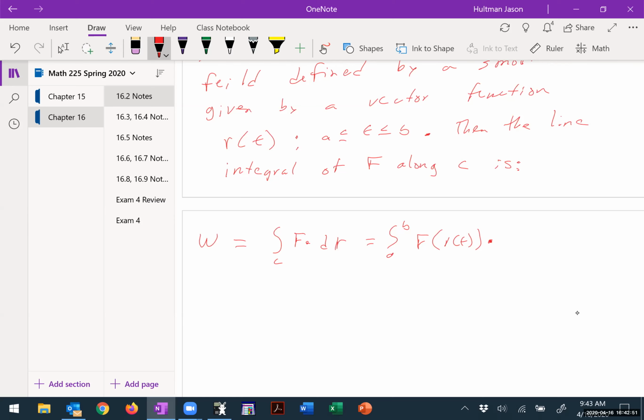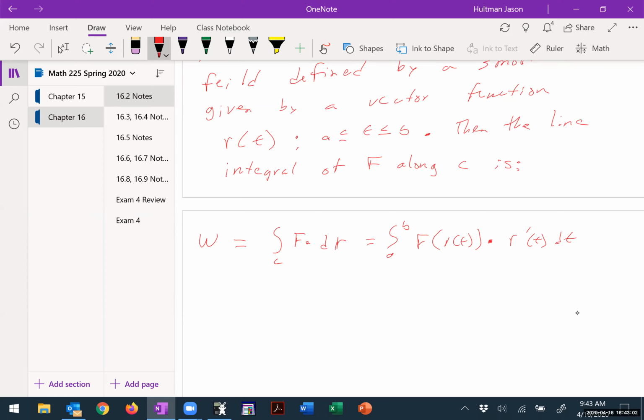That's a dot product, not multiplication. We call this the line integral over C of F dotted with T, our tangential vector,